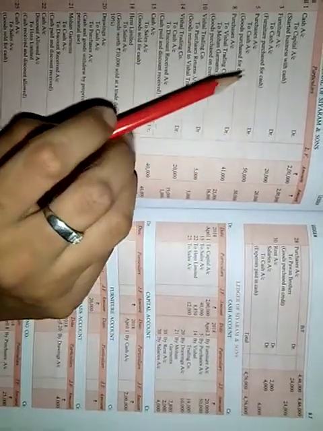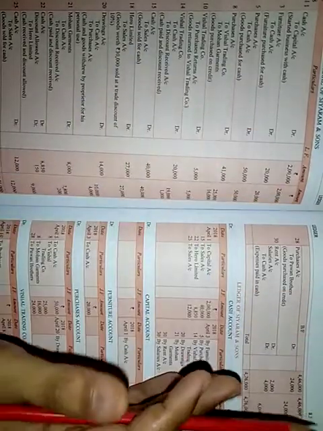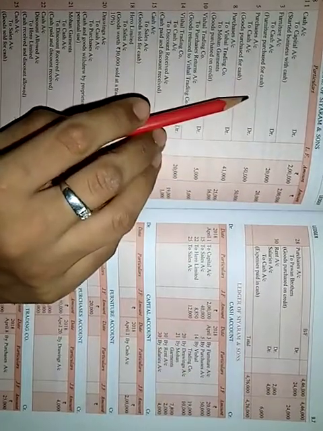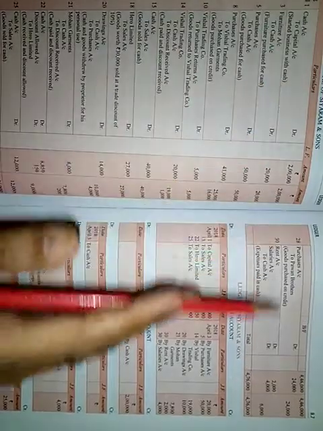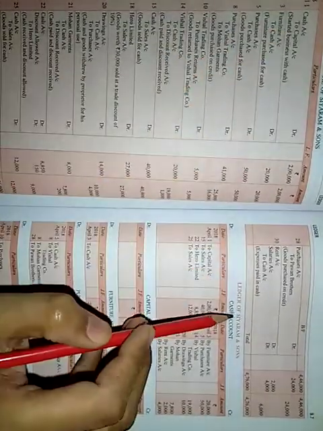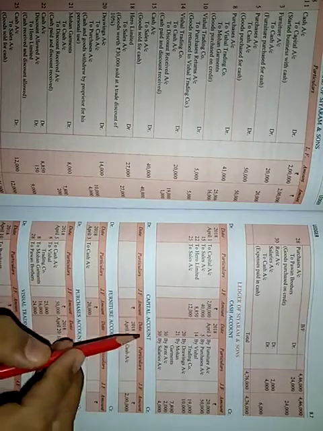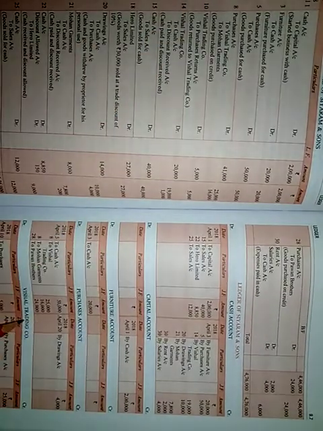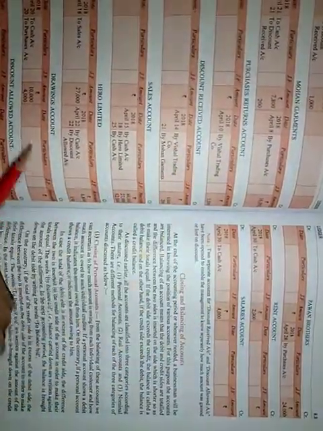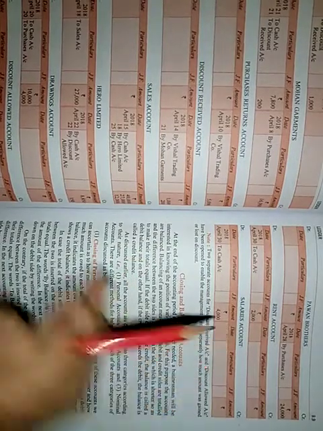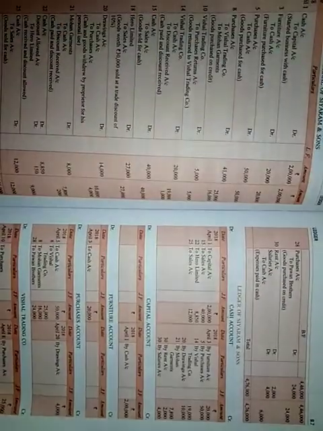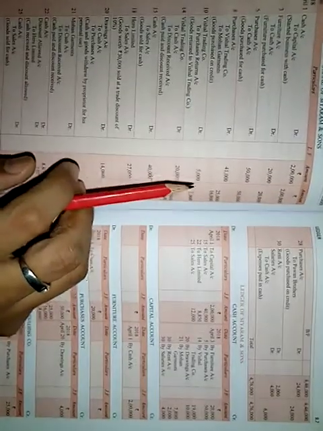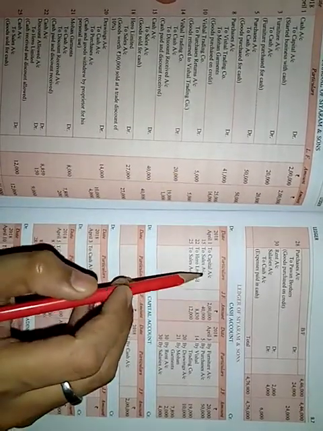Now, in the next session, we will prepare all the separate sections of accounts, like a separate section for cash account, separate section for capital account, separate section of furniture account, purchase account, Vishal Trading Company account, Mohan Garments, and so on. You can see in your book. So now I will teach you how we can prepare the accounts.